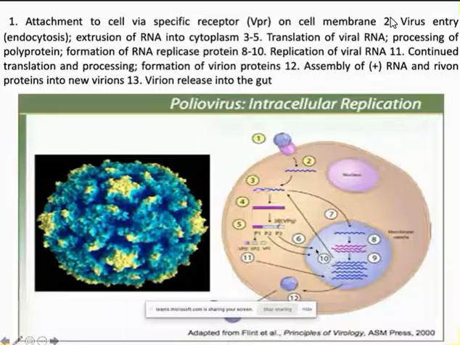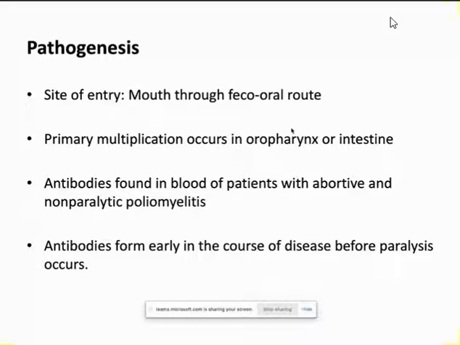So now the important one is the pathogenesis, which can be asked even in the examination. Okay, so as I have already mentioned, the receptors to enter inside the host cells are present in our GI. So that's why the mode of infection in poliovirus is the fecal-oral route. That means the poliovirus which are in the contaminated fecal material, if we engage them, then we acquire infection.